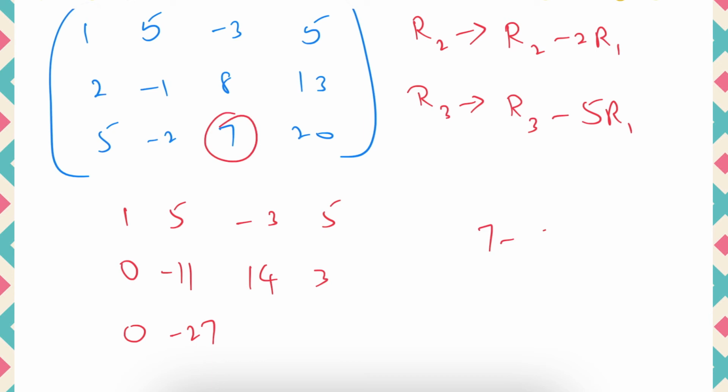7 minus 5 into minus 3. So 7 minus into minus, plus 5 threes are 15. 7 plus 15, it's nothing but 22. Now the last element,